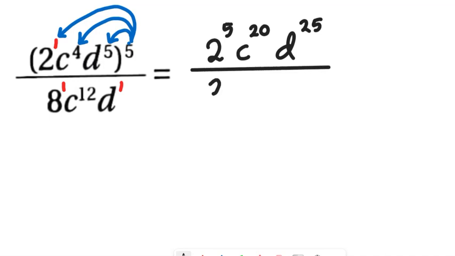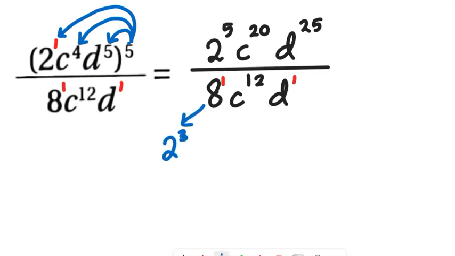So this one you just have to rewrite 8C to the power of 12 and D. Keep in mind this is to the power of 1, this is to the power of 1. Right now what you can see is dia punya base tak sama, right? The base is not the same. So what you can do is you can change the 8. 8 ni kita boleh tukar kepada 2 kuasa 3 because 2 times 2 is 4 and 4 times 2 is 8. So 2 to the power of 3 gives you 8.